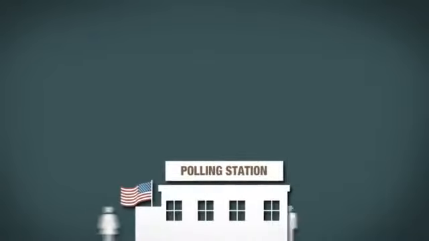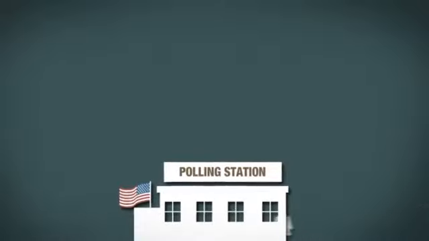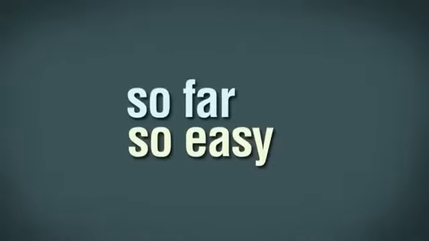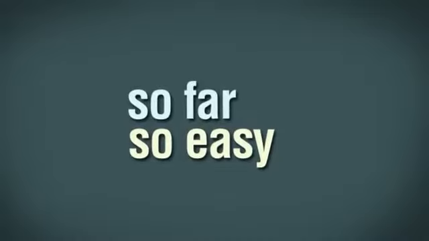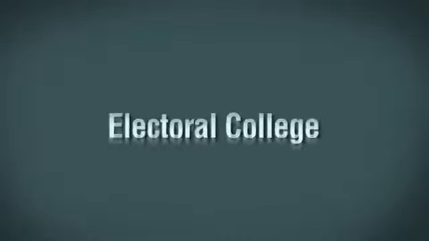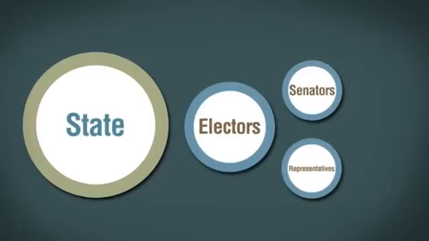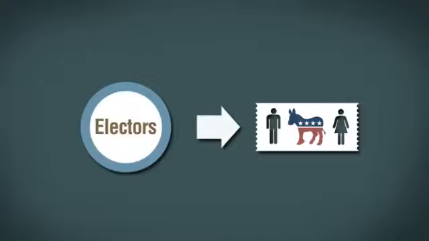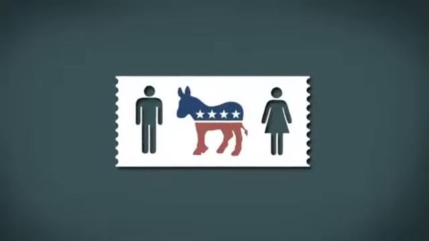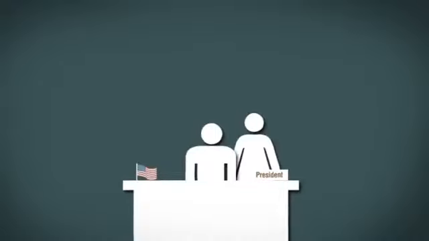When it comes to election day, the public go to the polls to vote for one presidential ticket. So far, so easy. However, the public don't vote directly for their choice of president. Instead, a system called the Electoral College is used. Each state is allocated a number of electors that will make the final choice. A state has the same number of electors as it does senators and representatives. In most states, all the electors will vote for the presidential ticket which received the most support in the public vote. Finally, the presidential ticket with the most Electoral College votes becomes President and Vice President of the United States